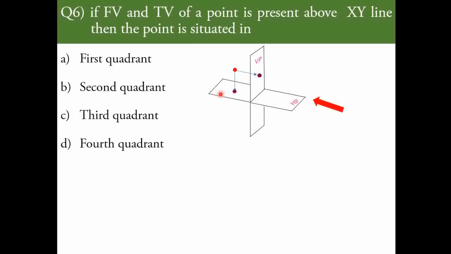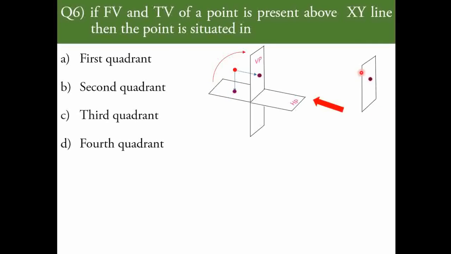After creating the image, we have to rotate the horizontal plane in a clockwise direction by 90 degrees. So here the horizontal plane, which is in the second quadrant, will have its new position as a vertical one. Means after rotating, the horizontal plane will coincide with the vertical plane.